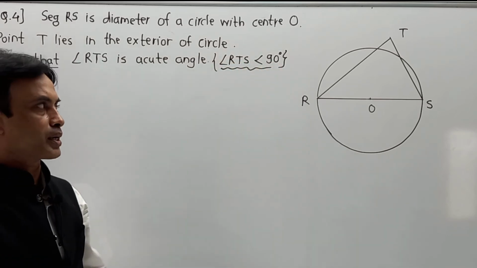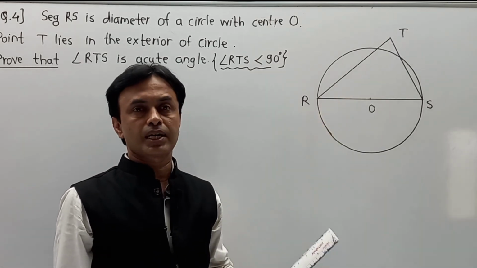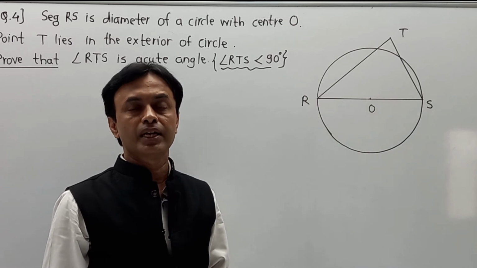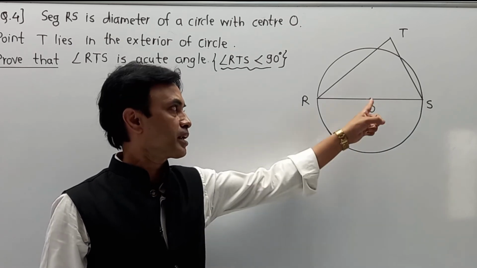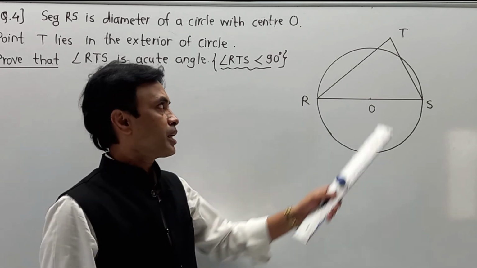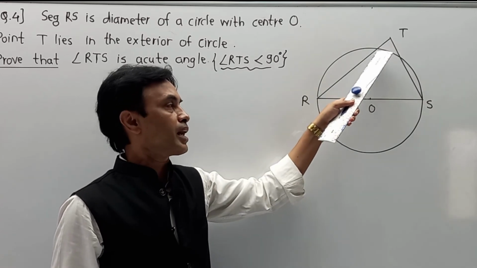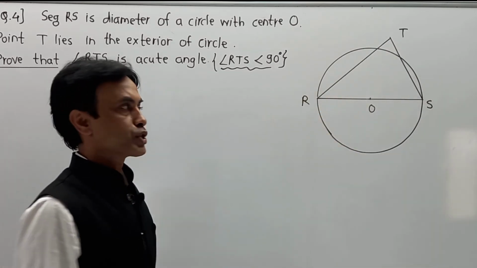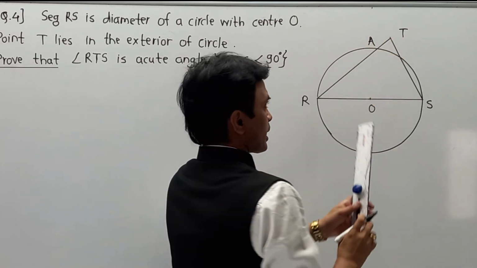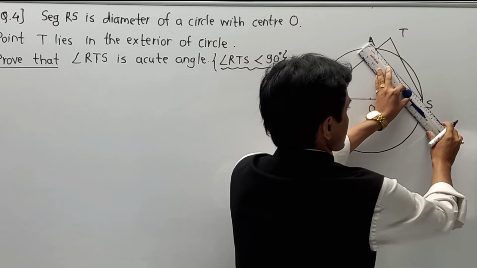Now observing this part, for this pattern, here point T is outside a circle and here RS is the diameter, a property related with the diameter that we know, and here we are making a small structure modification, means construction. Here RT touches the circle at some particular point, and I am going to call this point A, and I am going to join AS. This is a new part, nothing but construction.